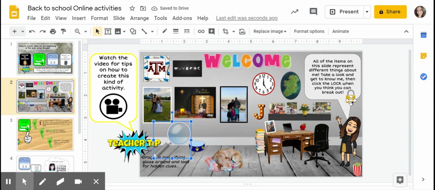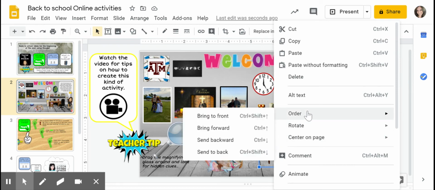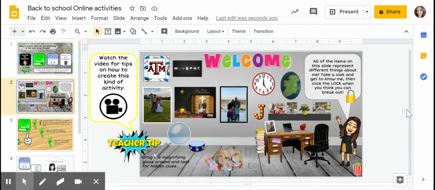So how you do this as a teacher, once you get your objects that you search and you start adding them, you can layer them appropriately. How you do that is you click the object and you right click and you go over here to order and you bring objects forward and backwards as needed so that it looks natural. For the text that's hidden, I found a natural black space under the desk. I just went over here and inserted text,